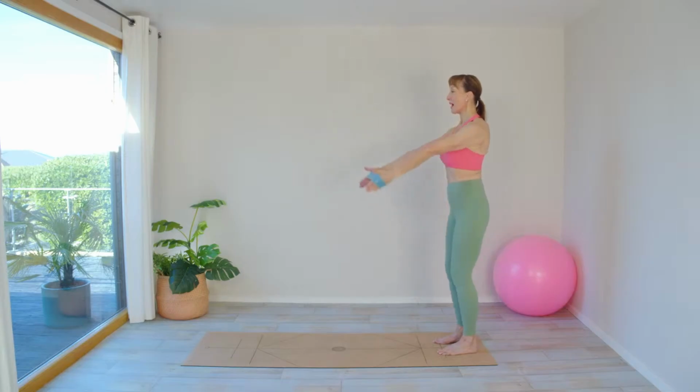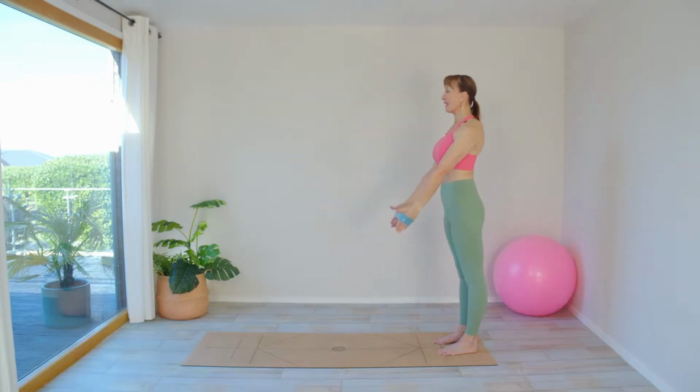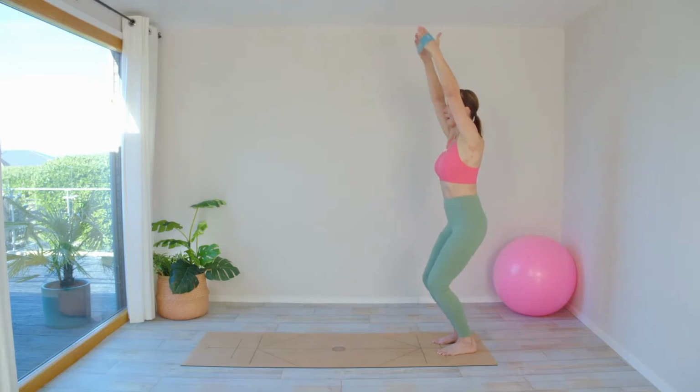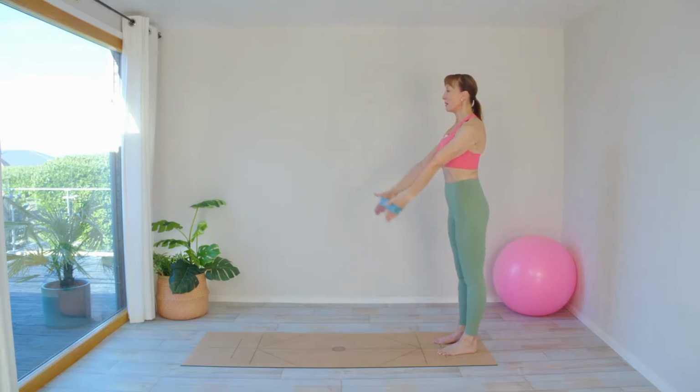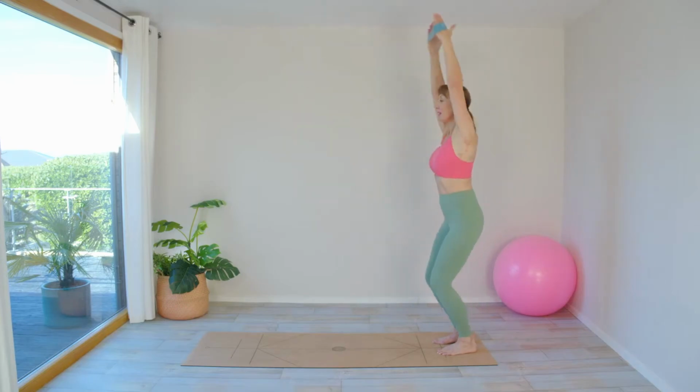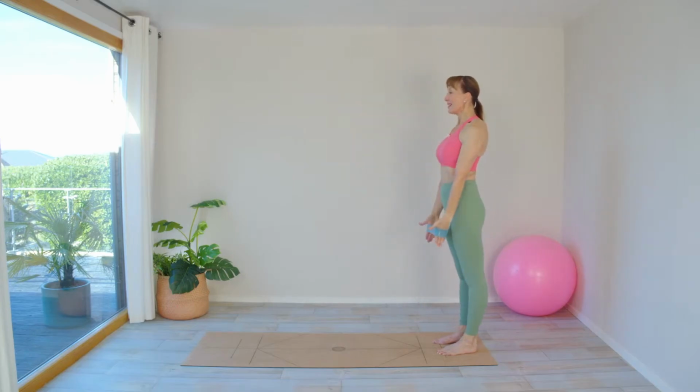Now we're just going to warm up those thighs. So we're going to bend and straighten, bend and straighten. You're keeping your back nice and upright now. So we're using our postural muscles already to maintain that nice upright spine as we just gently warm up the legs. Good. We're going to go 4 and 3 and 2 and 1. Well done. Taking a deep breath in, exhale, coming back down,